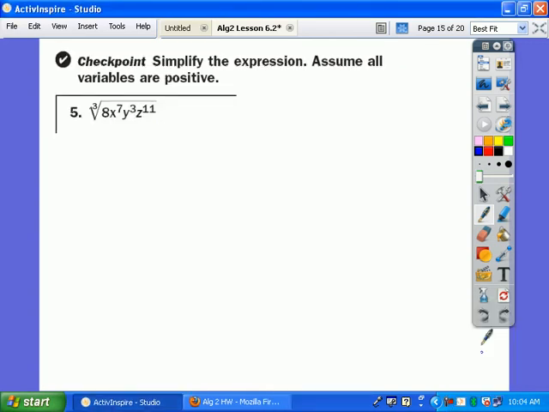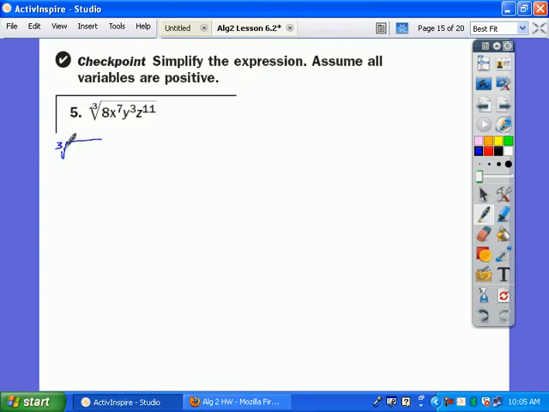Okay, so this is probably the most complicated example that you would be expected to see or do, where we are simplifying a radical with variables inside. And it doesn't matter which approach, you can leave this in the radical form, you can change this to the rational exponent form, do what is most comfortable for you. I think I'm going to try to approach this just leaving it in the form that it's in. Okay. And so what I want to do is I'm going to break up all of these pieces into separate